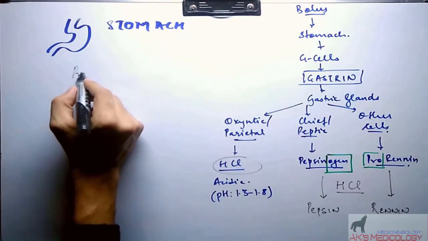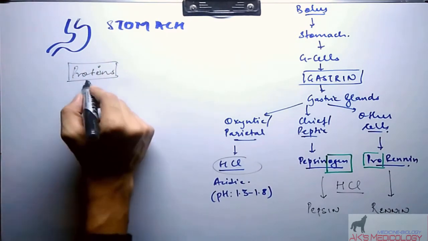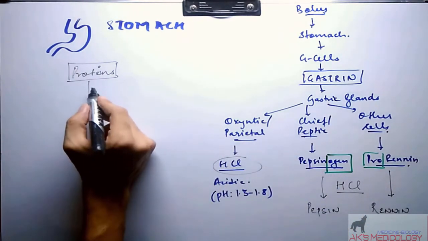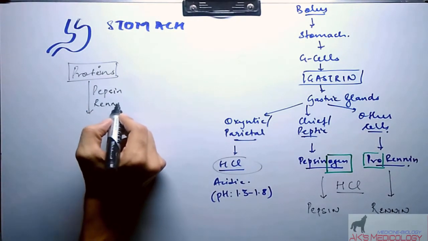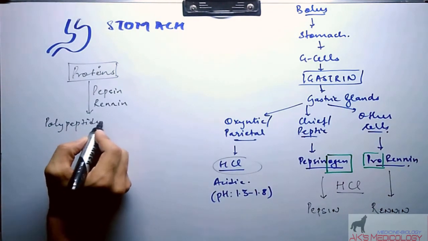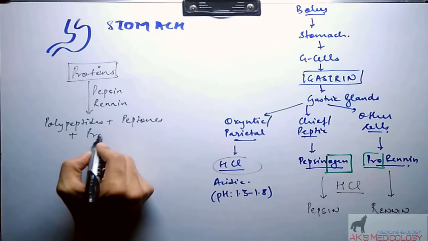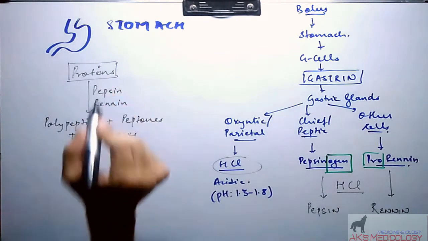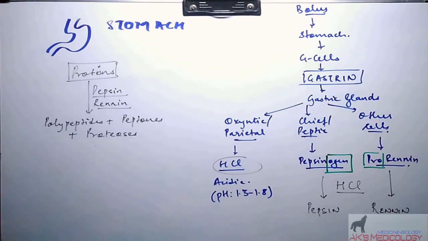When proteins are present in the bolus of food, they are acted upon by the activated pepsinogen and prorenin, that is pepsin and renin, to form polypeptides, peptones, and proteoses. Now, these are the comparatively simpler forms of proteins, which are formed with the help of enzymes pepsin and renin. Now, how renin is specifically important is